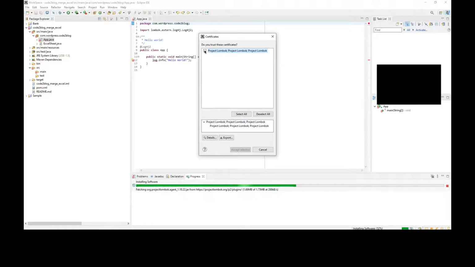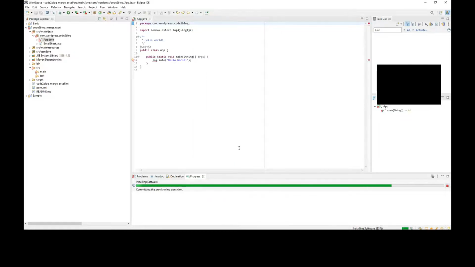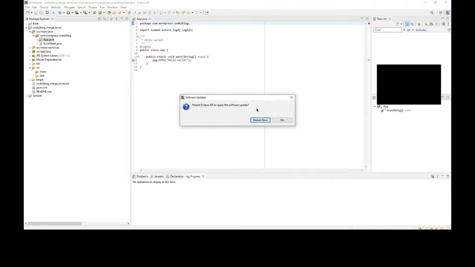Should I check this? Wait, do you trust the certificates? Yeah, check it and then click on accept. Click on restart now.